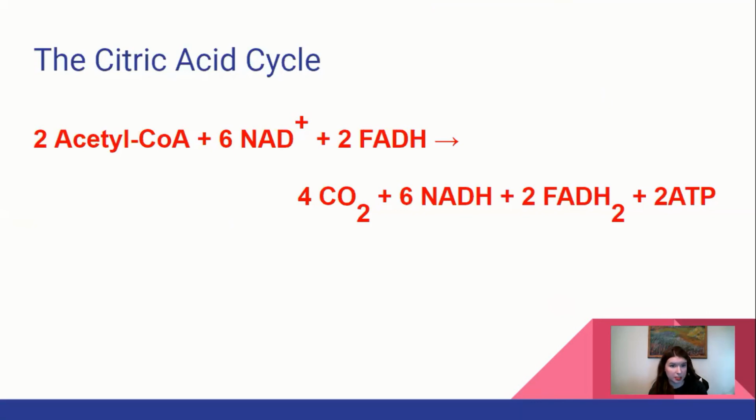So here's the formal equation for our citric acid cycle. Put in 2 acetyl-CoA, and we put in 2 NADH and 2 FAD, which is our precursor molecule for FADH2. We put those in so that we can make a ton of electron carriers, the main point of the citric acid cycle. So we get 6 NADH and 2 FADH2 out of this. We also finish up breathing out all our carbon from glucose, which is pretty cool. So we're getting rid of 4 carbon dioxide molecules. And we also made a little bit of ATP. So we got 2 ATP out of